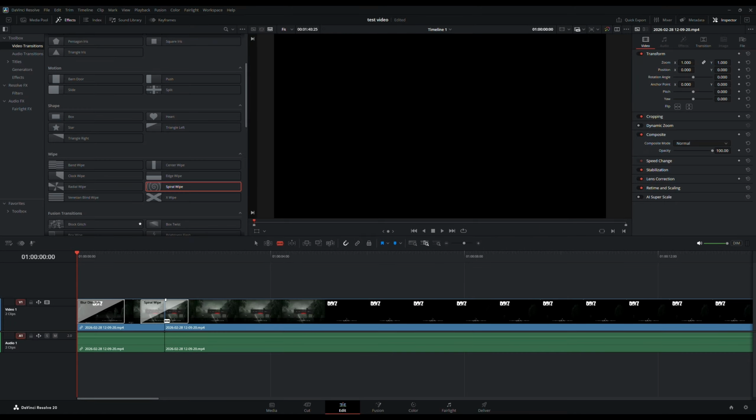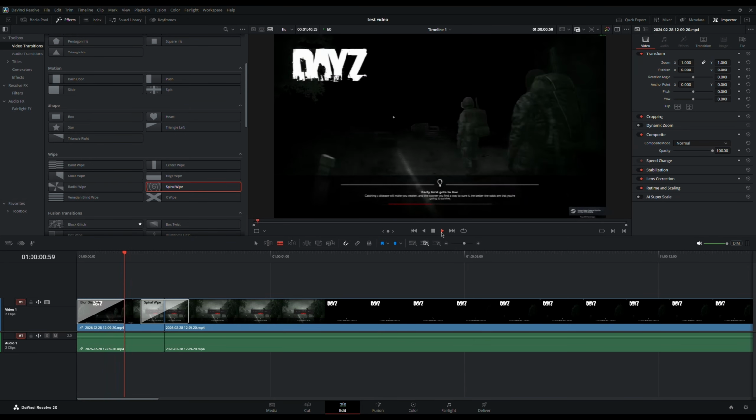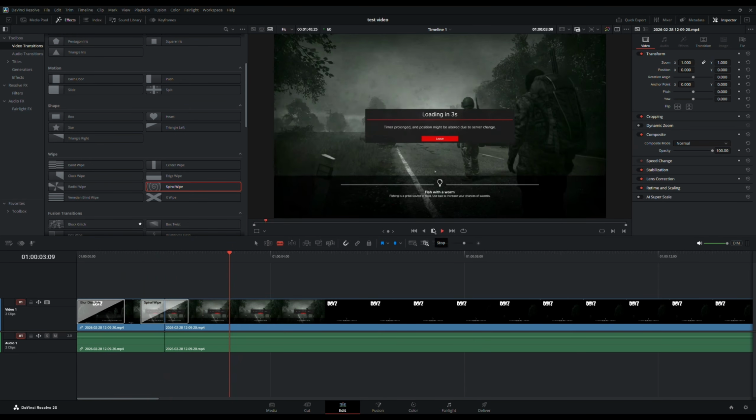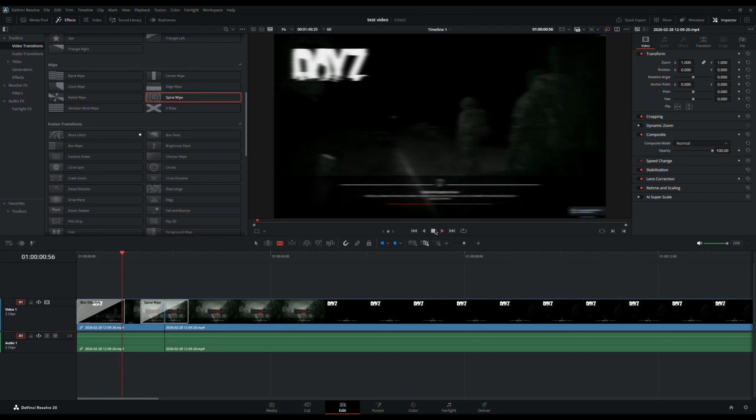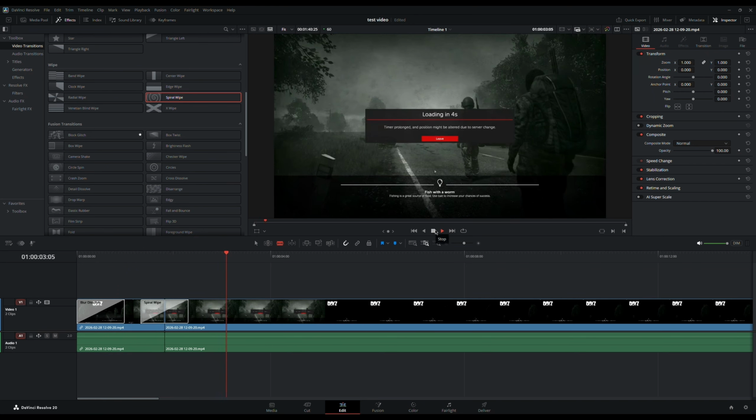Some transitions you can't do that. Some transitions need to. It won't bridge the gap. It goes on the next bit of video. So if it doesn't go across, just put it there and see how it goes. So now fade in, and then spirals to the next bit. That's not the best transition for that, but you can go through and have a look. And I certainly can't give you any creative tips. So fade in, transition to that,